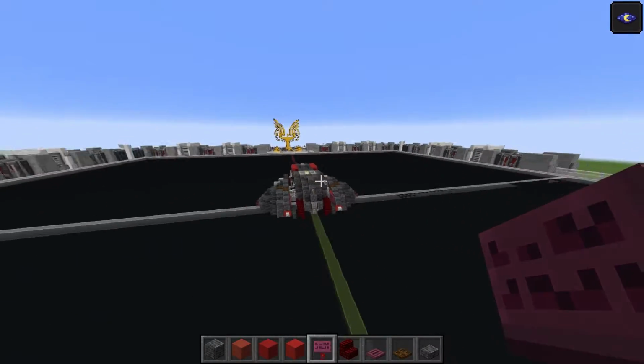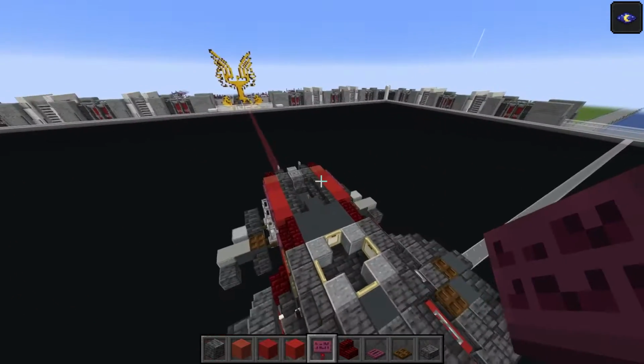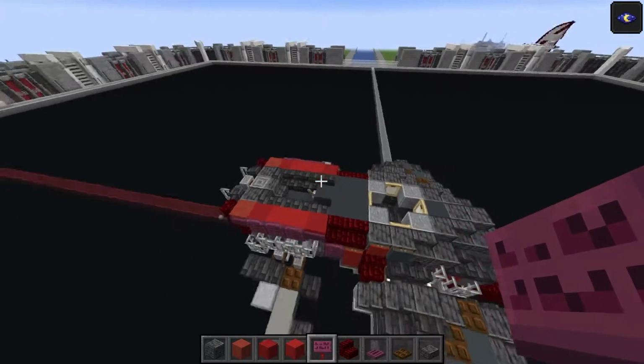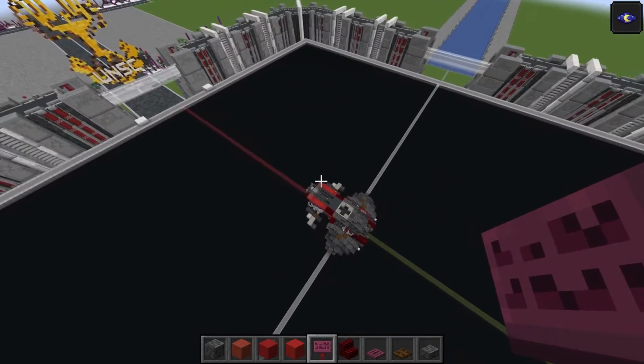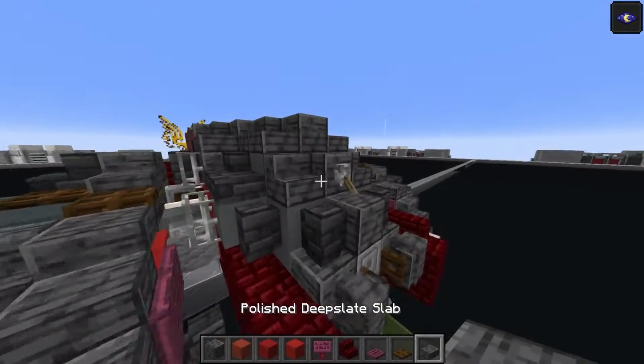We're quite close now to the end of the build. Layers are obviously getting quite a bit smaller, but yeah, a few more to go, and then we will do the conversion to the closed model. But yeah, this is going to be the open one, like I said. So yeah, onto that. Okay, starting this layer off, if we grab our levers first of all, put another one